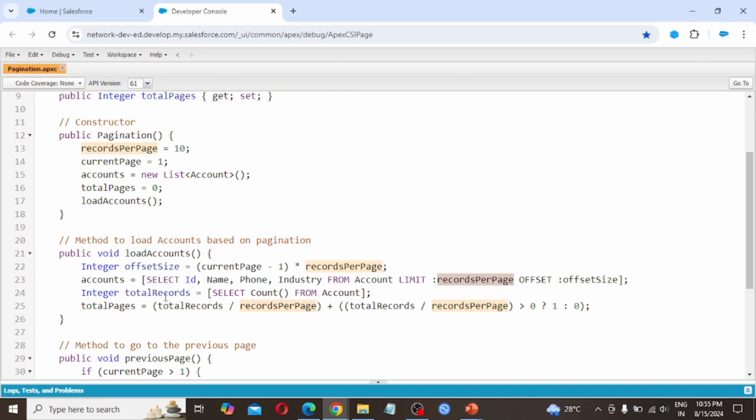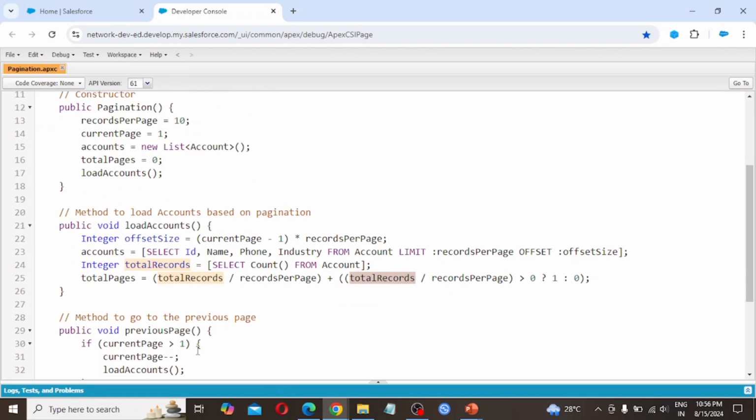Integer totalRecords equals SELECT count() FROM Account. totalPages equals totalRecords divided by recordsPerPage plus (totalRecords mod recordsPerPage greater than 0, question mark 1 or 0).